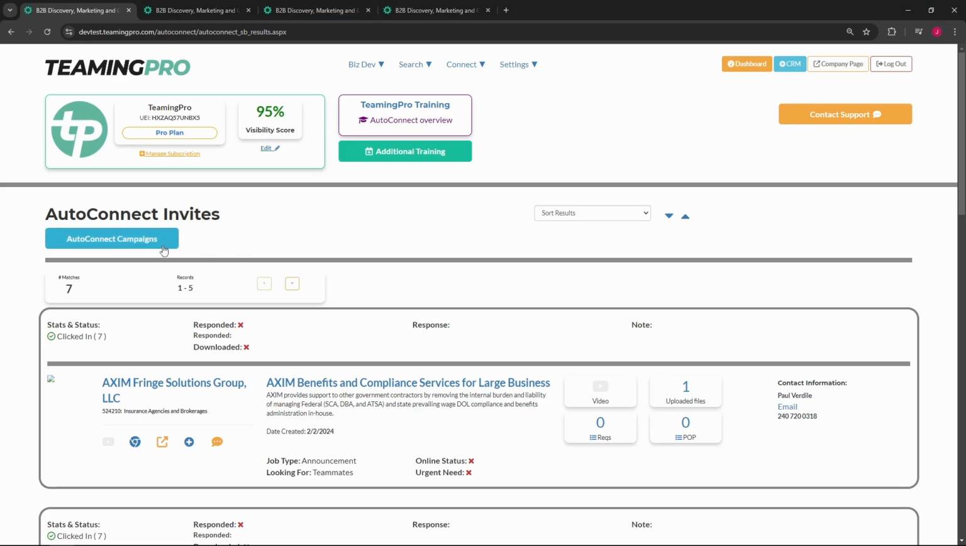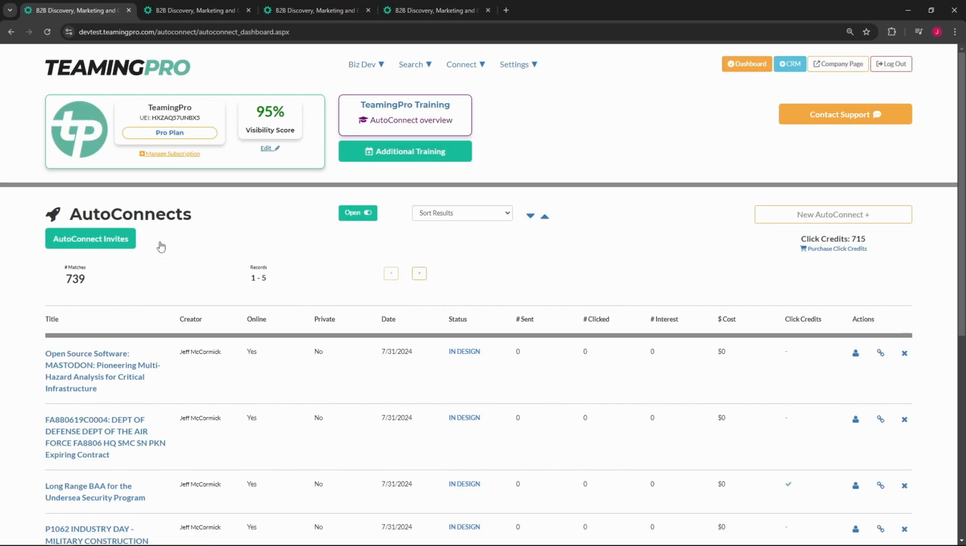Your AutoConnect title is located here next to the AutoConnect creator. This will be the owner of the AutoConnect record. Your online status will show if your AutoConnect is reachable by invited companies. The private column shows if your coworkers can see this AutoConnect or if it is private to you as the AutoConnect owner. Date represents the date the AutoConnect was created, and status will give a message as to what stage